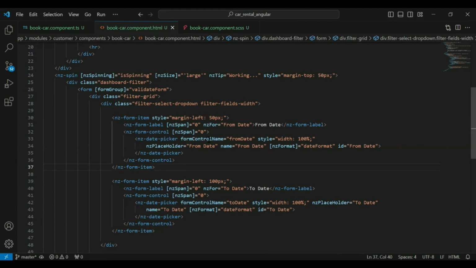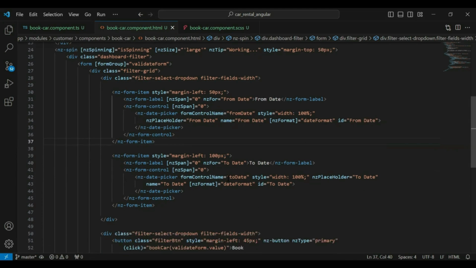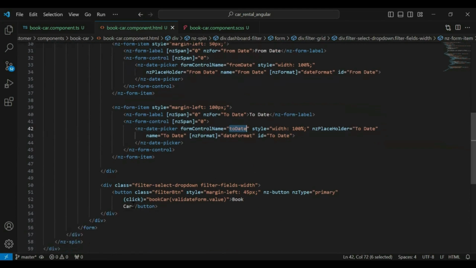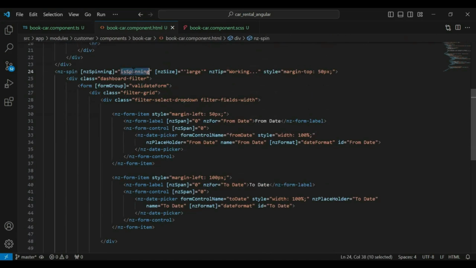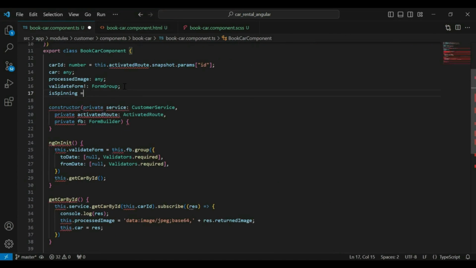So I've added here the formControlName property on the nz-date-picker tag, and you can see the formControlName that is toDate on the nz-date-picker tag. You can see the method that we are calling on the click event, bookCar, and in the argument we have passed validateForm.value. So let me copy this property, spinning, and here I'm going to declare it with false by default.